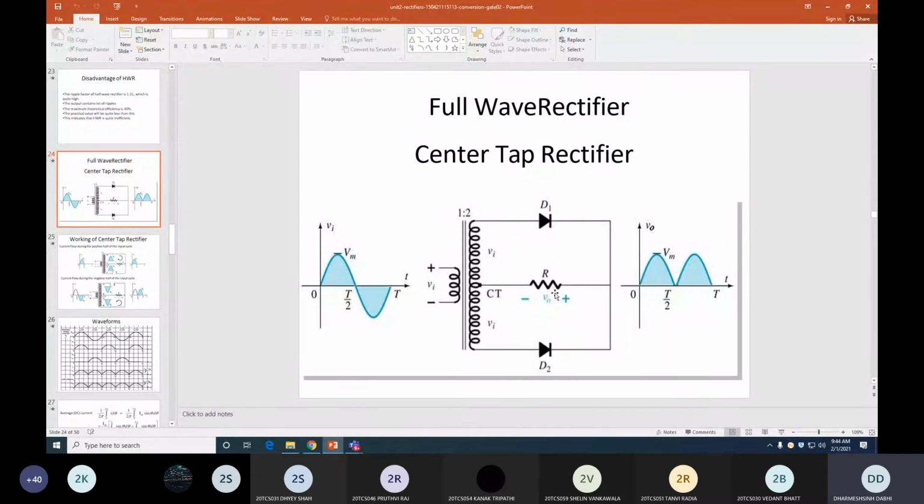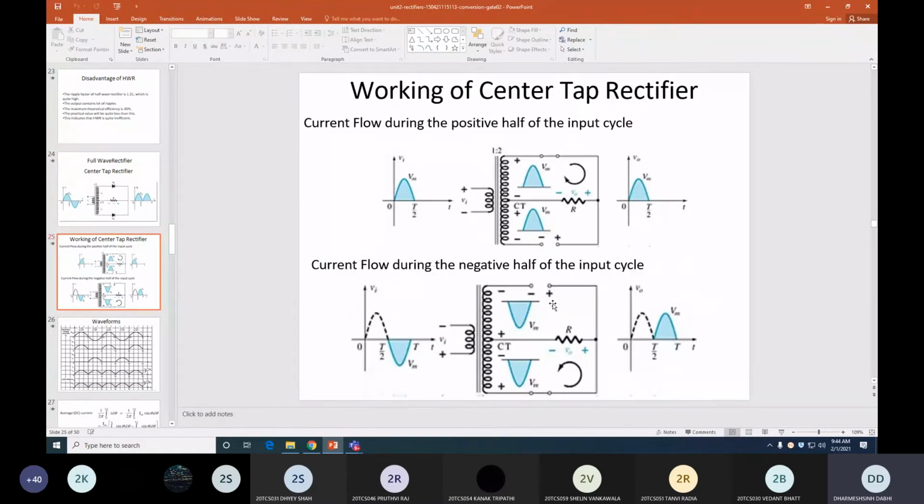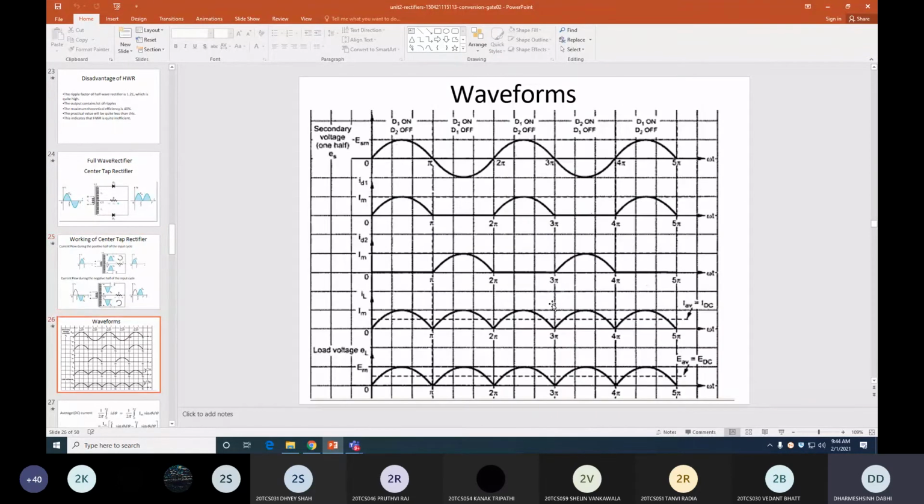Current is flowing in the same direction when D1 conducts during the positive cycle and when D2 conducts. When current is flowing from D2 during the conduction of D2. Clear? So this is the working of the center tap full wave rectifier, because they rectify both the half cycles of your supply, and this is the output waveform. First is the supply voltage, your sinusoidal voltage. Second is the current flowing into the diode D1. So as you know, the diode D1 is conducting only in the first positive half cycle. So you can see that the current is also sinusoidal and it is in the same phase as the supply voltage because we take the resistive load.